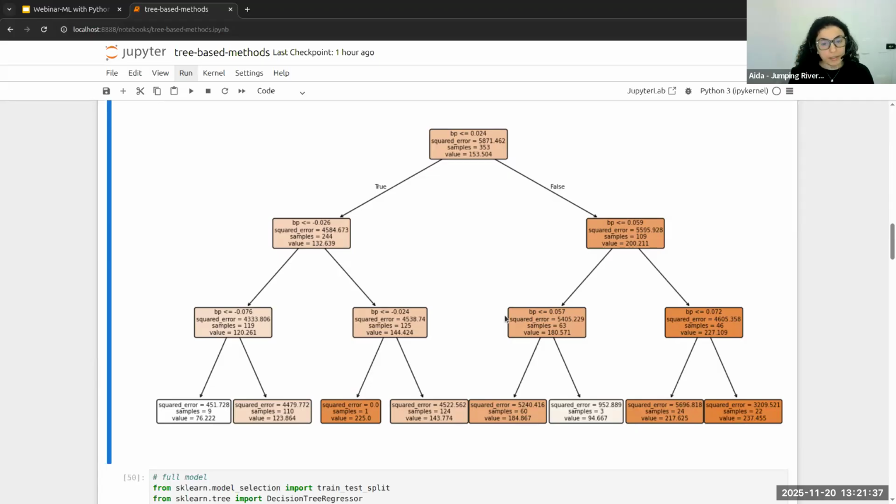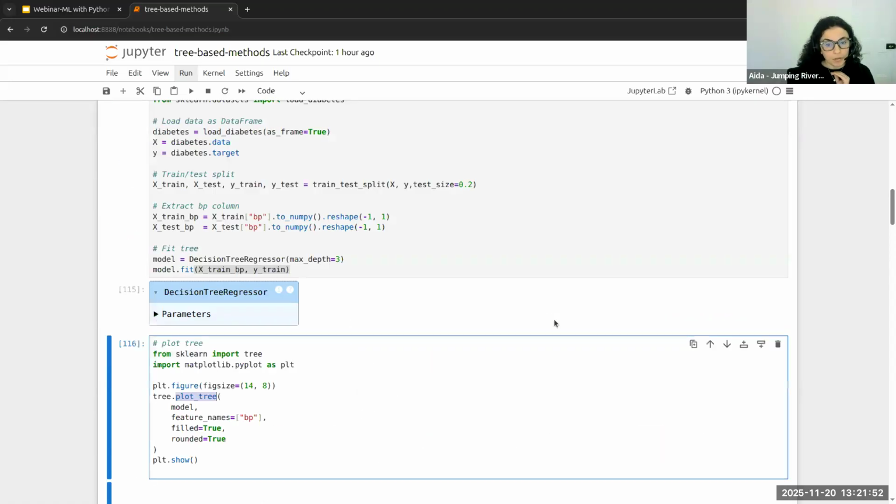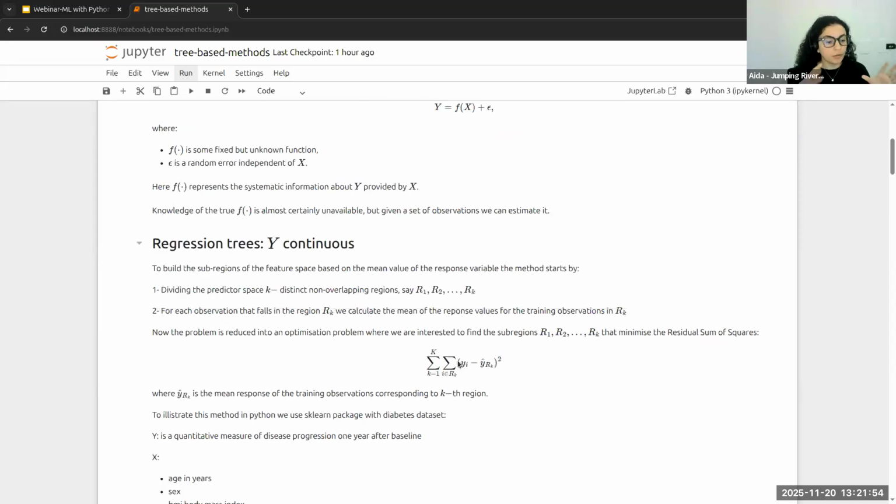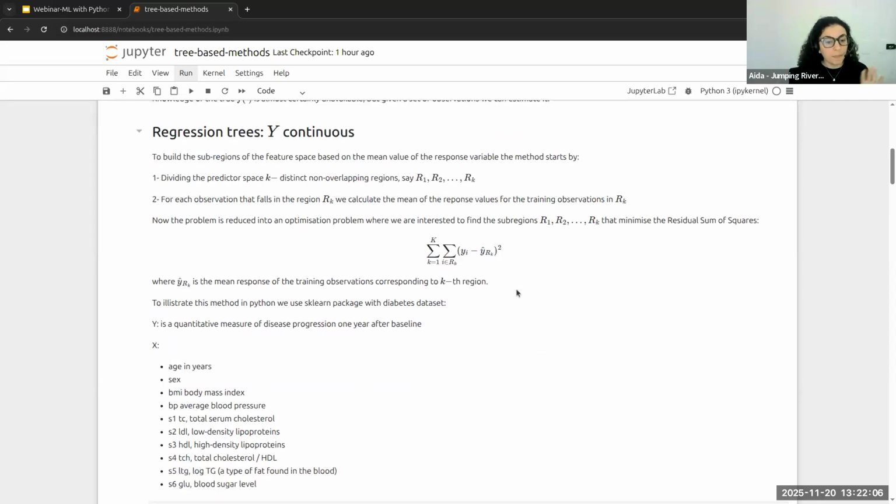So as I mentioned earlier, the tree is built in such a way that for each split there are 2 possible directions. So it's a binary tree, right? Because I'm interested in minimizing this measure here, I want to produce 2 regions in which the mean outcome within each region is as close as possible to my response variable, right?